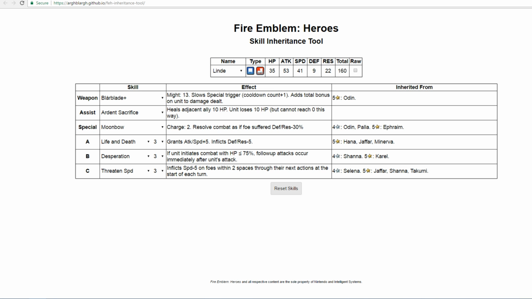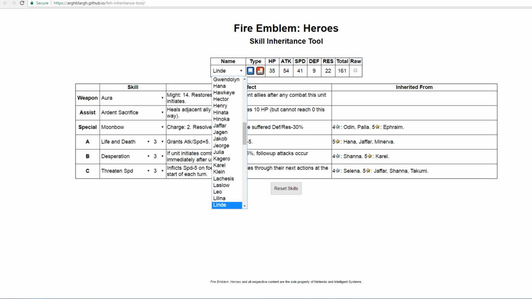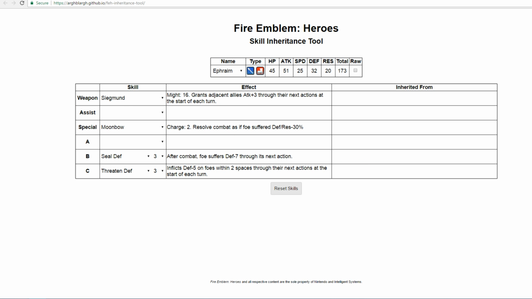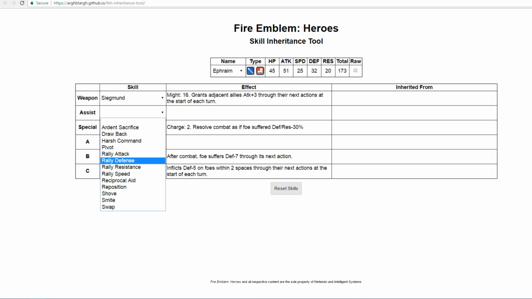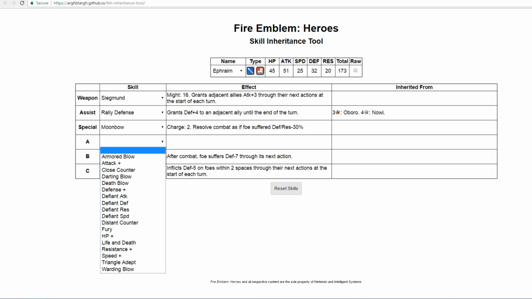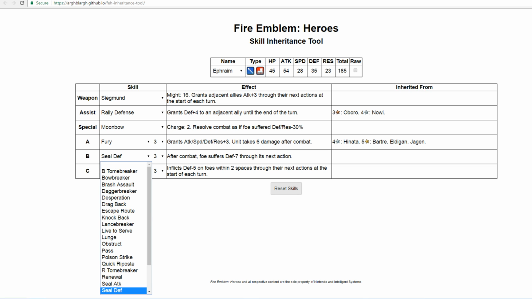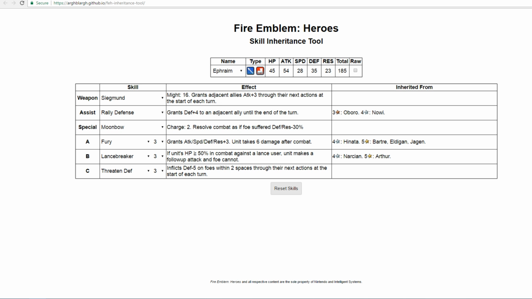So let's move on to our 5th unit, and now we're going to take a look at Ephraim, who has risen to S tier. This is my favorite Ephraim set. We're going to give him Rally Defense for his assist skill. His special Moonbow is already so good, and for his slot A, we're going to give him Fury, and this makes him a much better offensive and defensive unit. And for his slot B, we're going to give him Lance Breaker, and for his slot C,